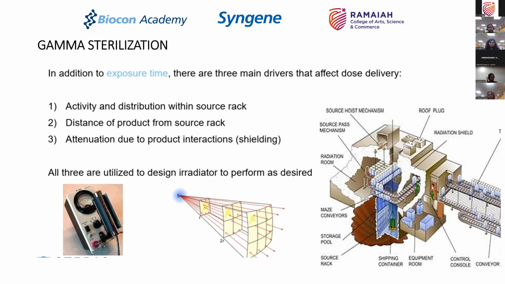And therefore, it is very, very important to design the facility properly. Today, no sterile manufacturing facility will put up a gamma irradiation facility in house. Generally, these are outsourced facilities, and therefore, as a person working in a sterile manufacturing facility, if you are looking at a gamma sterilization process, then it is very important that you evaluate the vendor correctly, that they have all the measures in place, they have all the controls in place,